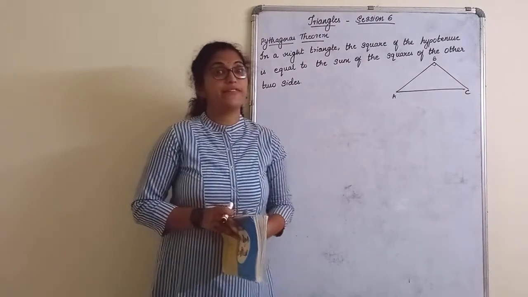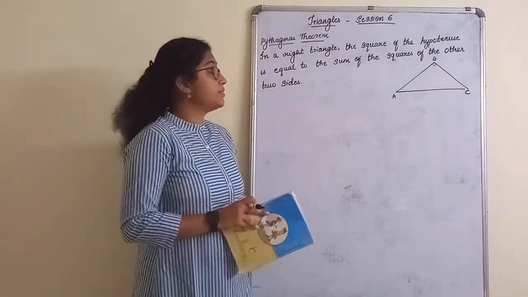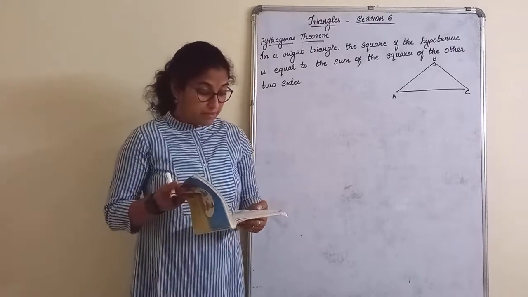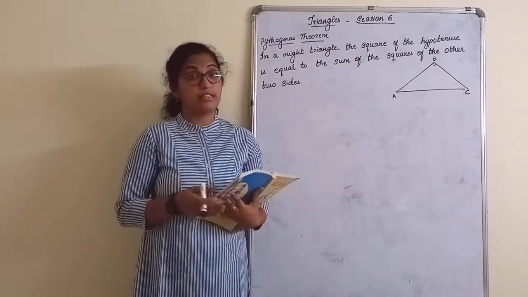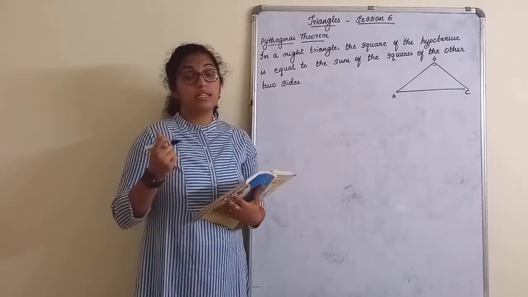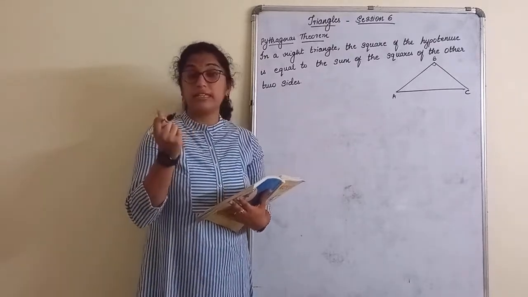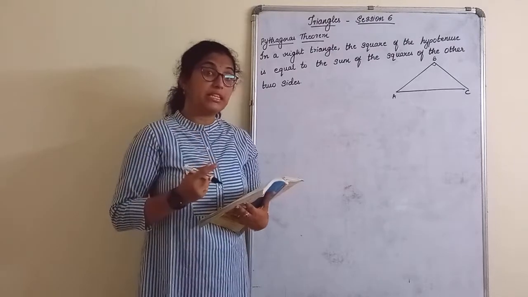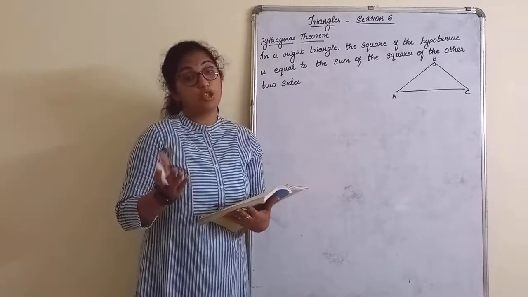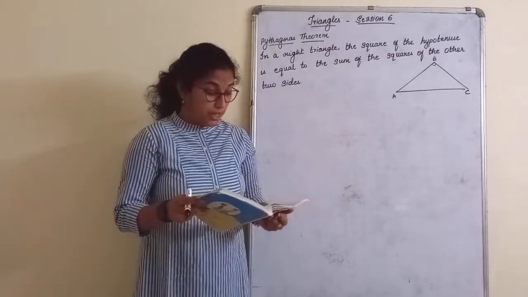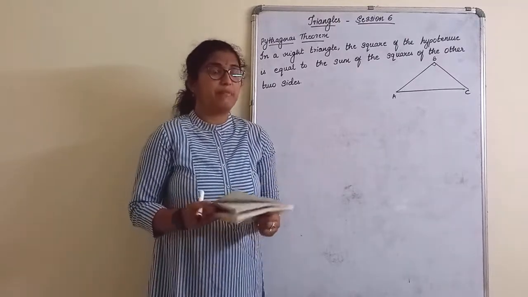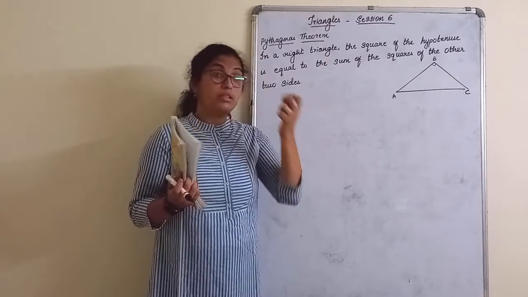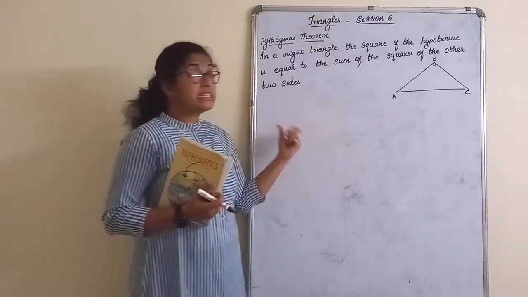Good morning. We will start session 6 on the chapter Triangles. We completed the similar triangles part, the criteria for how to prove triangles are similar. That is, we studied corresponding angles, the BPT theorem, as well as the ratio of areas of similar triangles. Now the next part is the Pythagoras theorem. We have all been applying the Pythagoras theorem in 8th standard, right? Let us study that theorem now.